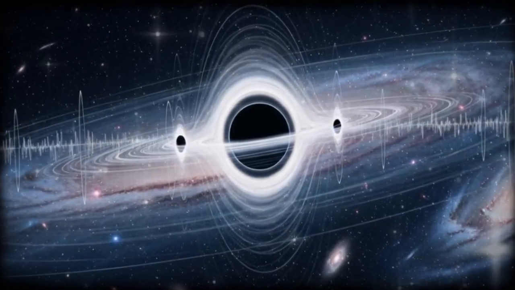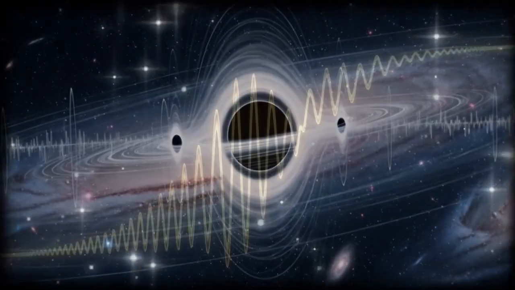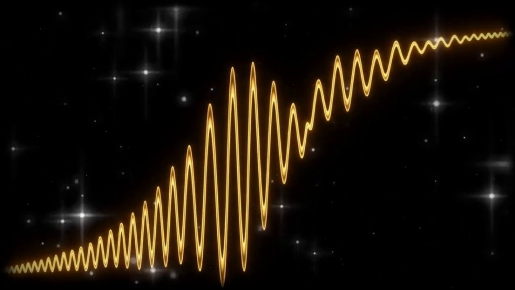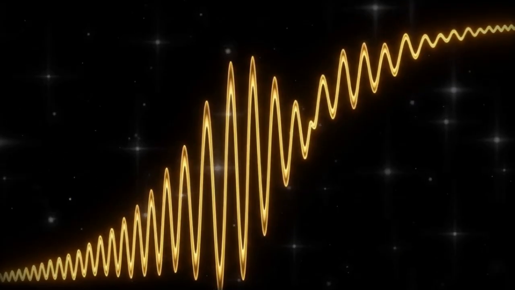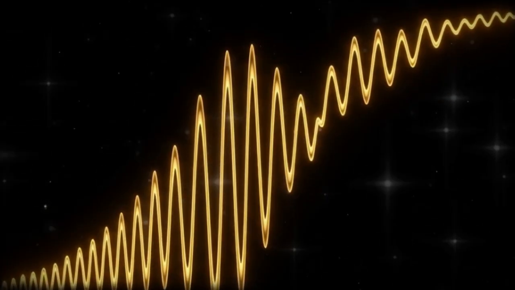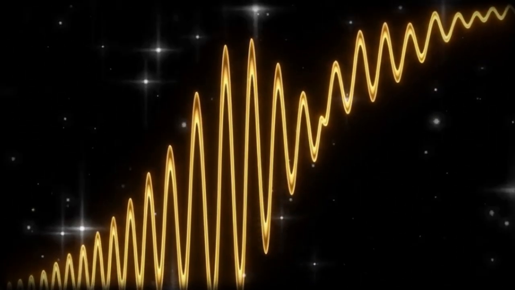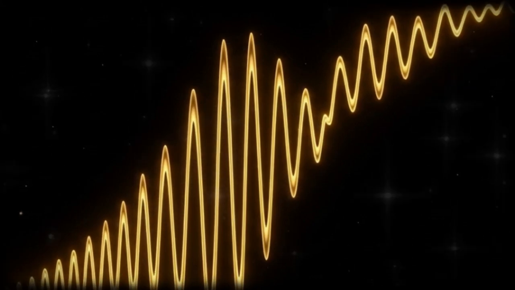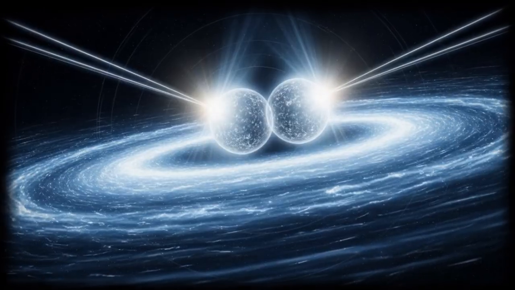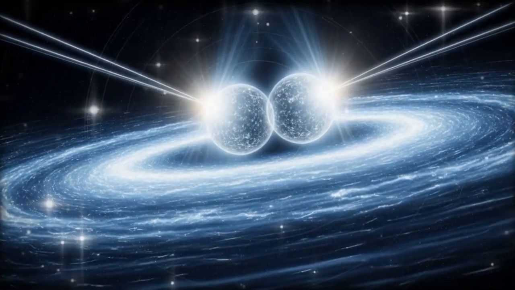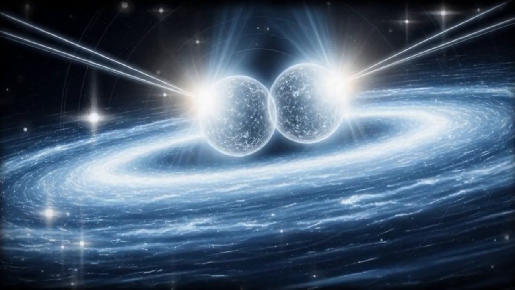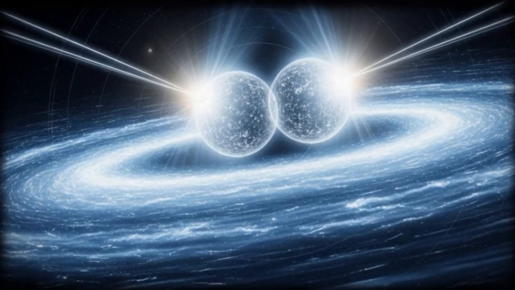The physical character of gravitational waves is strange and counterintuitive. As a gravitational wave passes through a region of space, it alternately stretches and compresses distances in perpendicular directions. Imagine a ring of freely floating particles arranged in a circle in the plane perpendicular to the wave's direction of travel. As the wave passes, the ring is distorted into an ellipse stretched in one direction, then snaps back to a circle, then is stretched in the perpendicular direction, then returns to a circle again. This oscillating, stretching, and squeezing is the physical signature of a gravitational wave, and it is what gravitational wave detectors